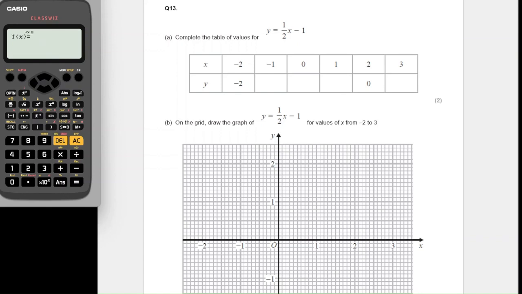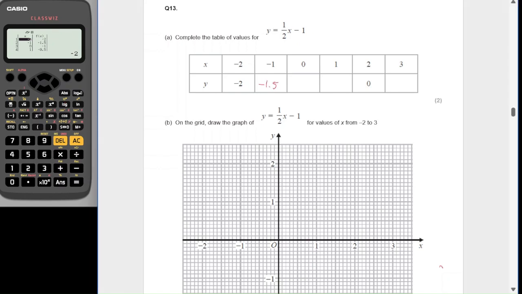So if I type this in as 0.5x minus 1, alpha x minus 1 equals, don't need a second function, I want my values to start at minus 2 and I want them to end at 3, and I want steps of 1, so that automatically fills it in,